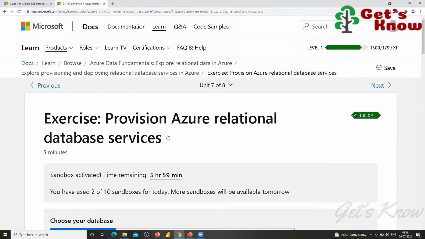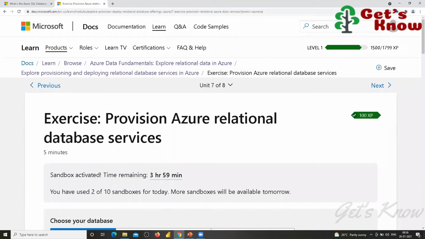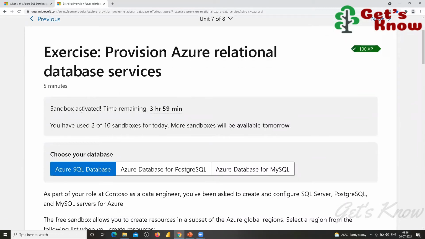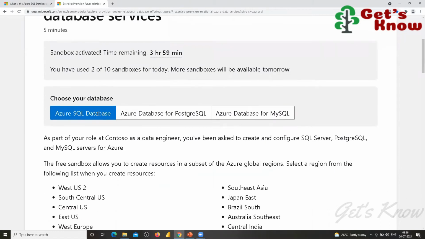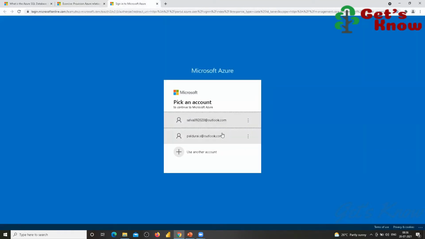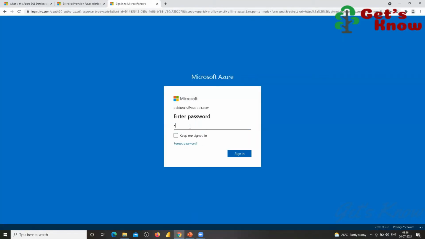For this one, you don't have to pay anything. This is a free version only, but you have to log in, and the login should be with the same ID. Once the sandbox is active, you have to open the portal and sign in using the same ID.